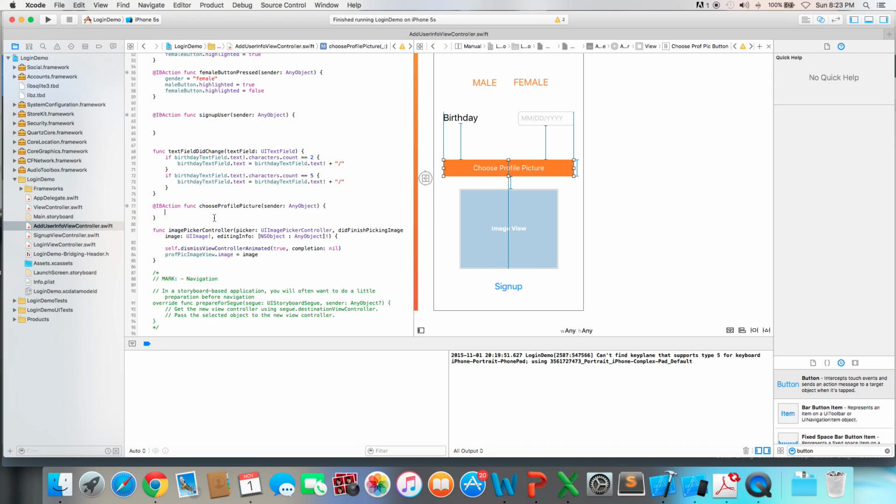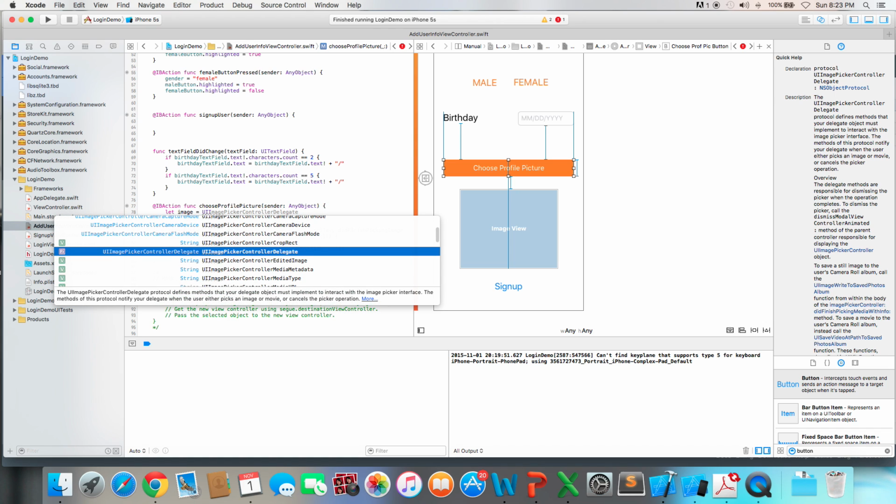But we need to call that first. We need to call this function right here, and in order to do that, in our choose profile picture function, which is what's called when we click on this, we will add this code. So let image equal UI image picker controller,